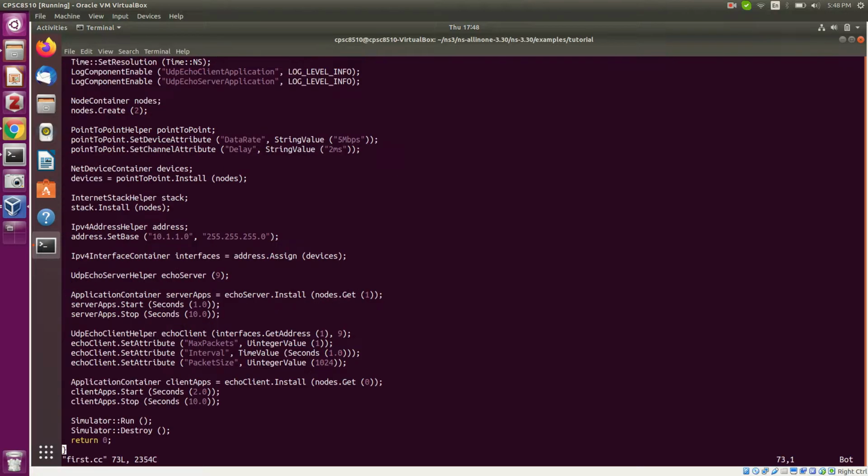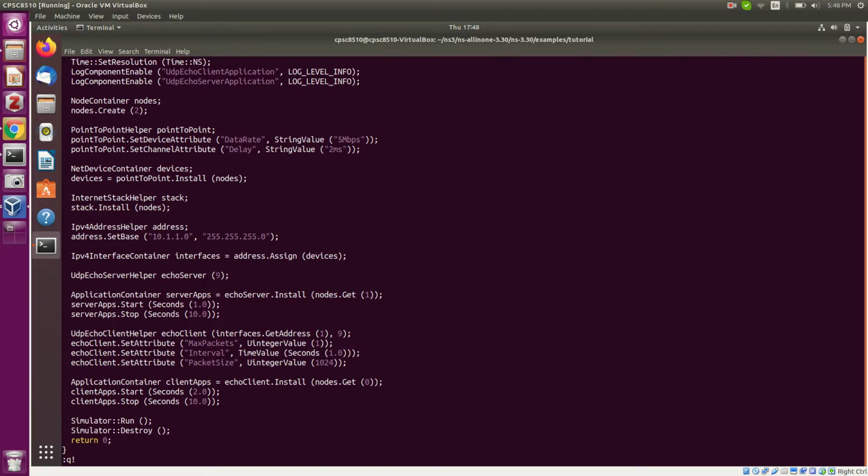first.cc talks about how to create two different nodes or devices, put a simple UDP echo application on it that NS3 already comes with, so you don't need to write the UDP echo application, you just need to know how to put it on your devices, and then have one device send an echo message to the other device and receive a reply back.